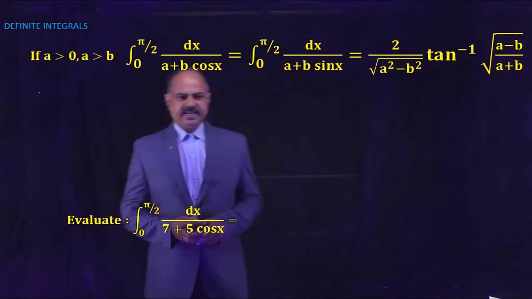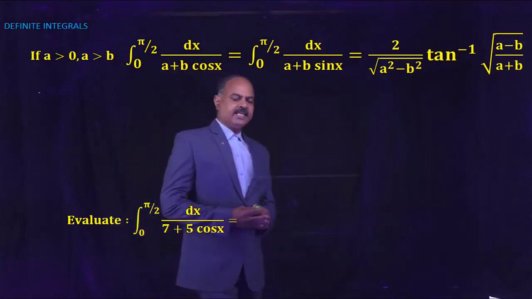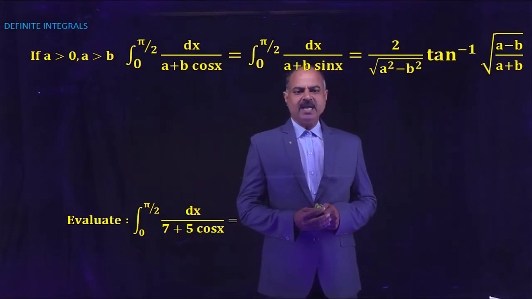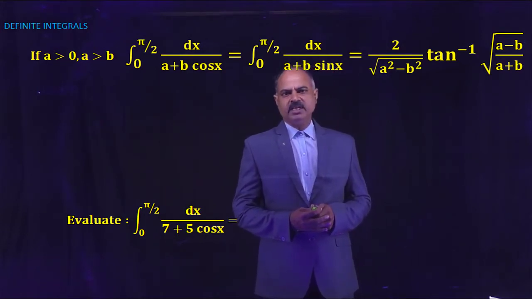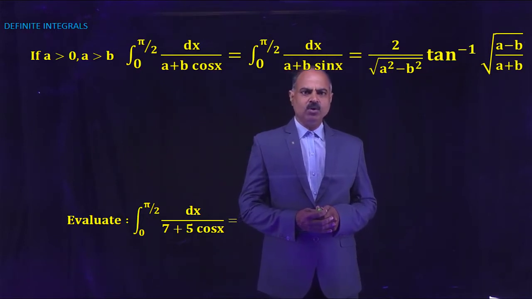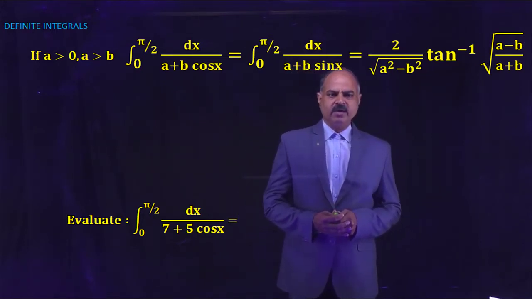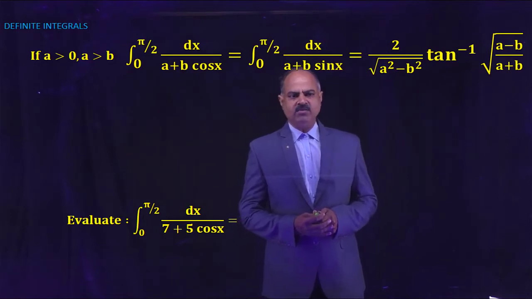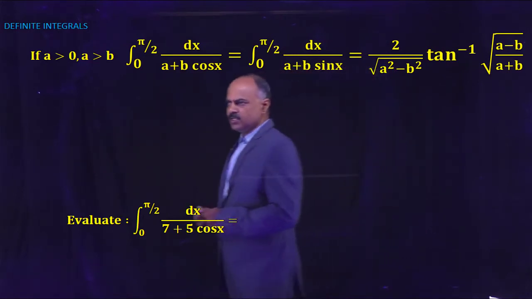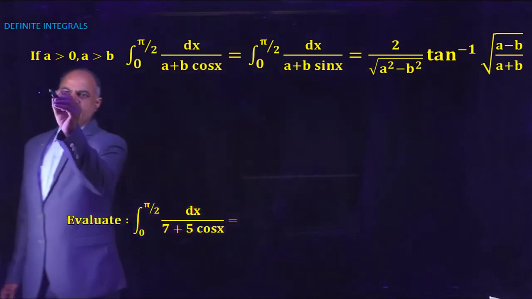If a > 0 and a > b, integral 0 to pi by 2 dx by (a plus b cos x) is equal to integral 0 to pi by 2 dx by (a plus b sin x), which equals 2 by root over (a square minus b square) into tan inverse of square root of ((a minus b) by (a plus b)). We know that